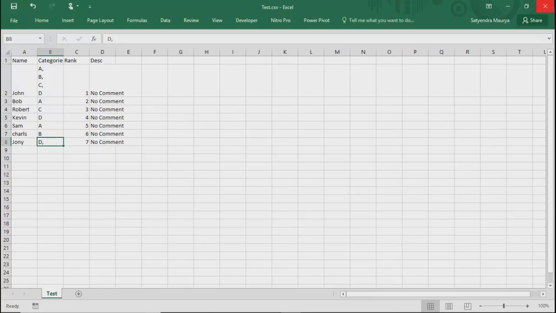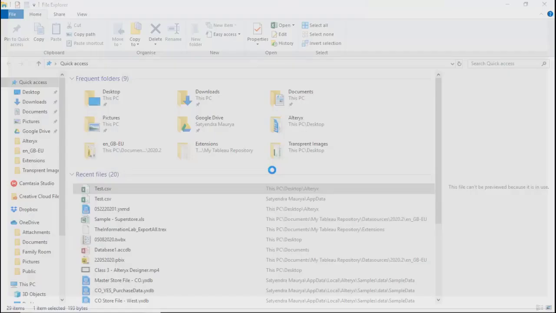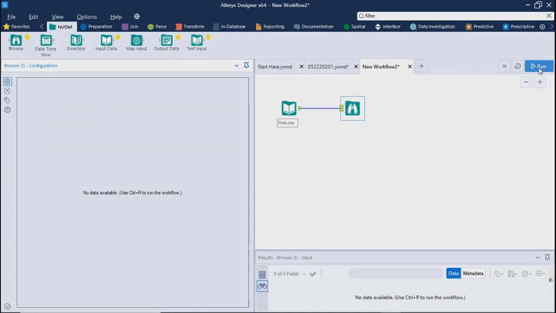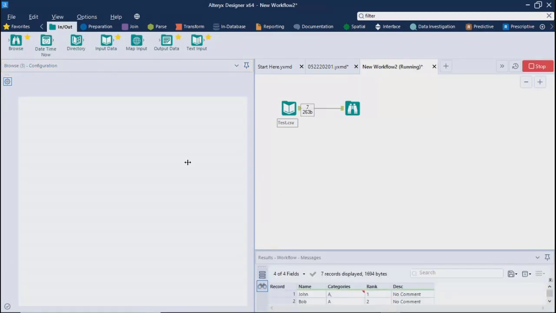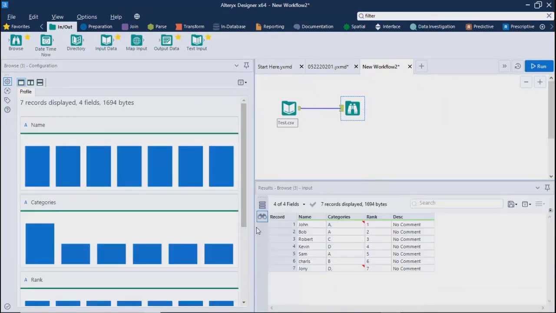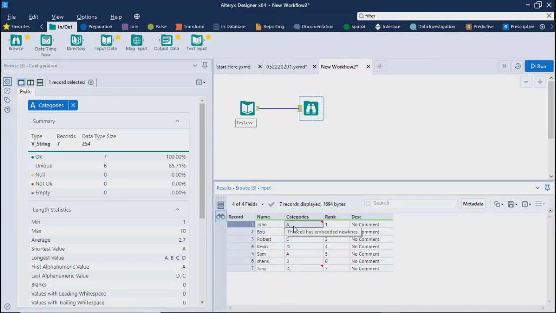It's a genuine case, so you can take a point out of it. Over here, you don't have any problem. I think Alteryx is handling it very well. You are getting all the points, and then you can browse or do whatever operation you want to do over here. If you are giving commas or not giving, there is no impact. At this time, there is no impact because you are getting all the values in different cells as different places.